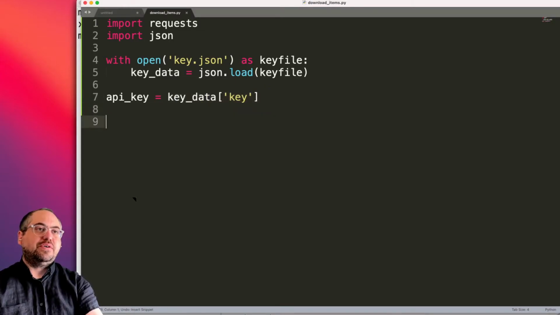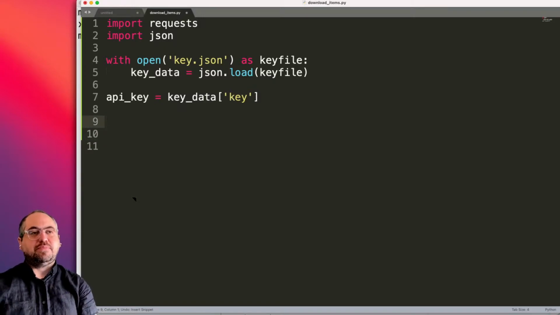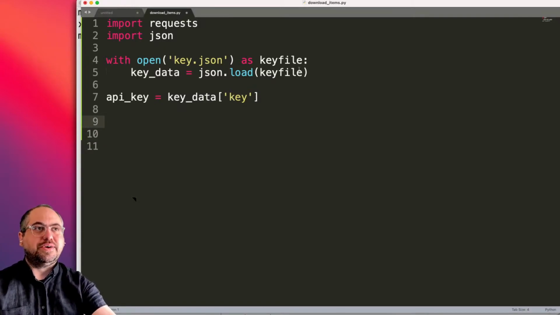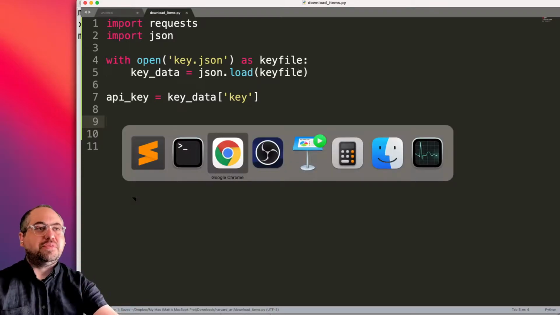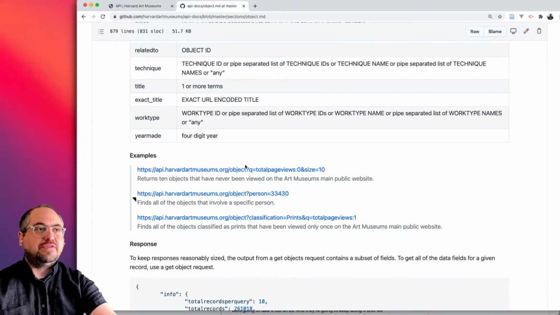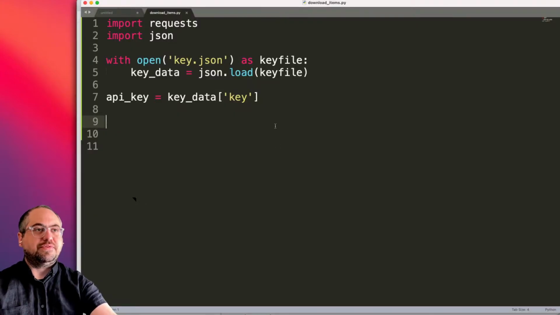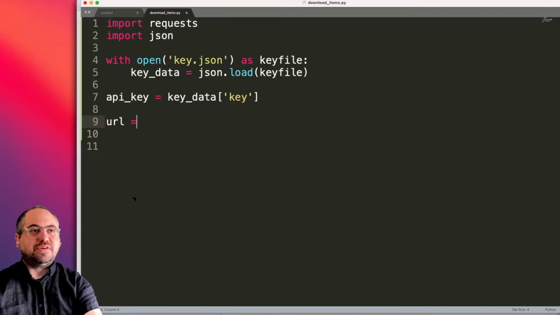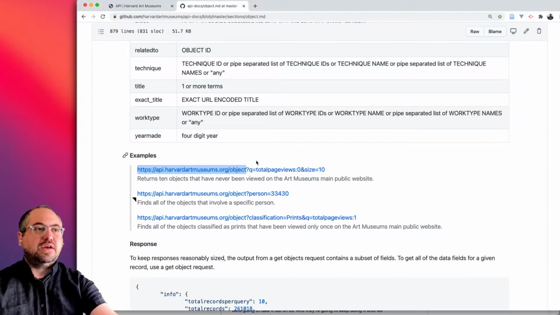All right, so now that we have that, we can start setting up our talking to the API, right? So we know when we talk to an API, we need a base URL. And if we look at the objects endpoint here, it says the object endpoint is /object. And we can see some examples here. I have an example here with different options. So we know the URL base is going to be at least that. And then